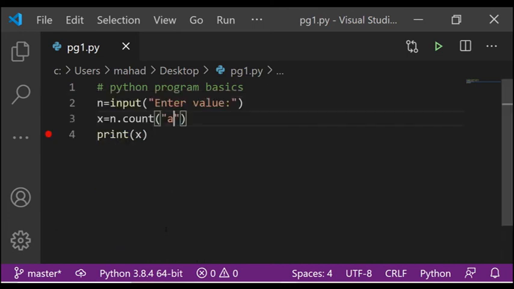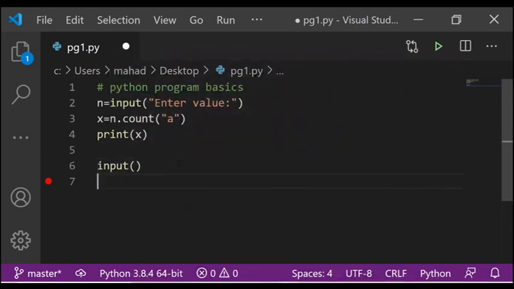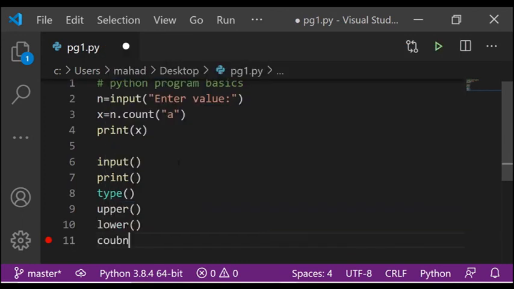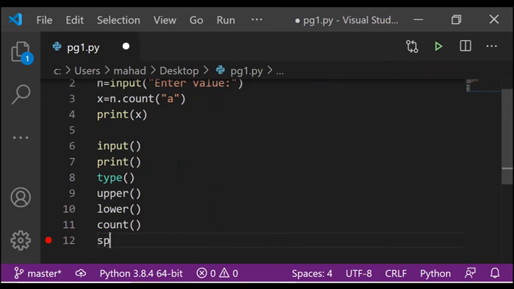So these are the basic things that we did see in this: input, print, type, upper, lower, count, split.